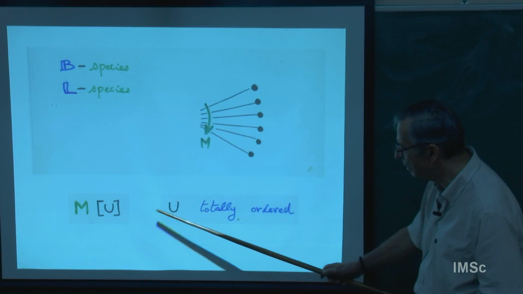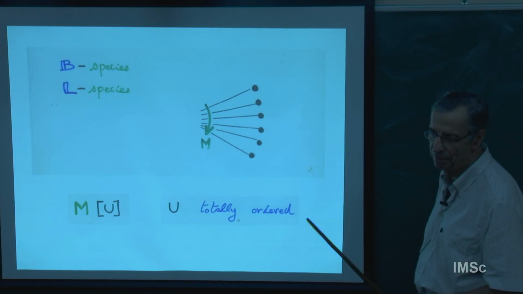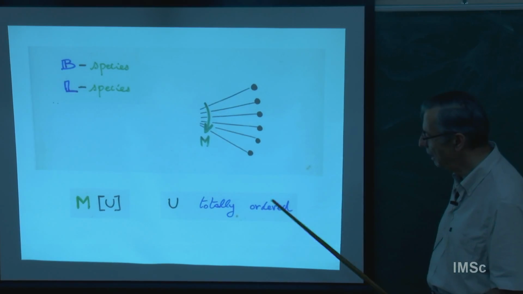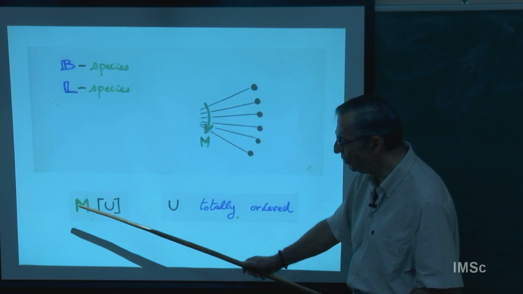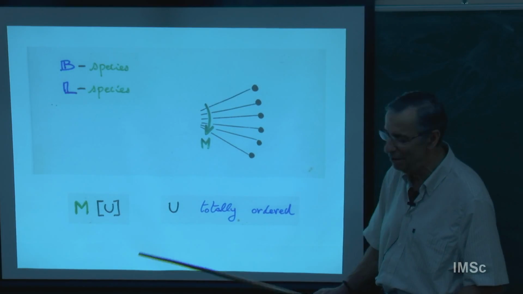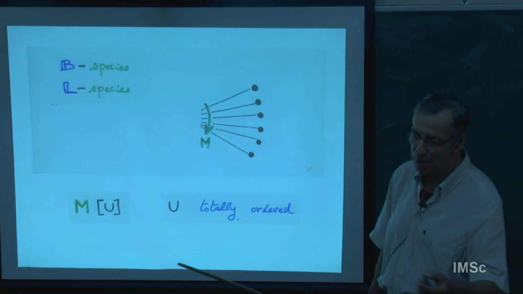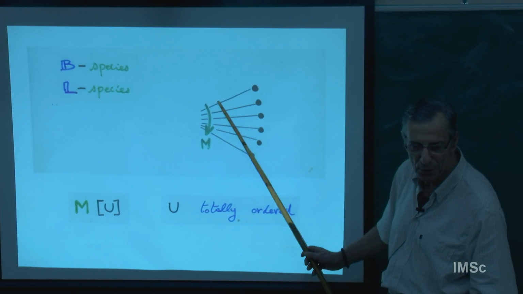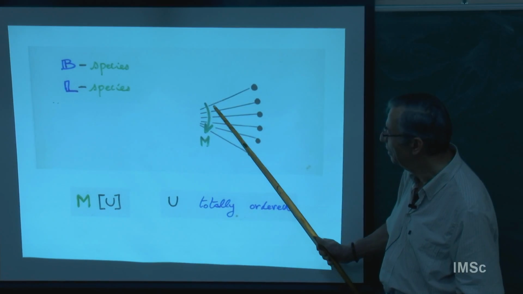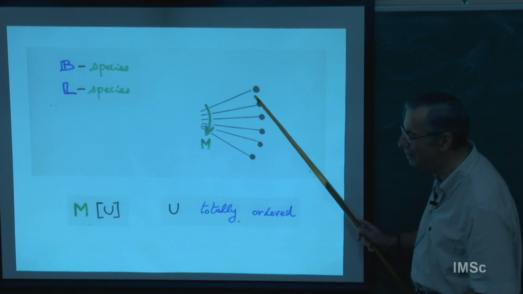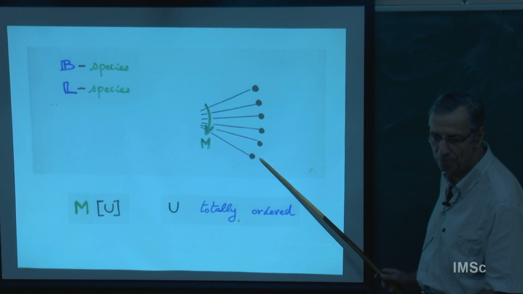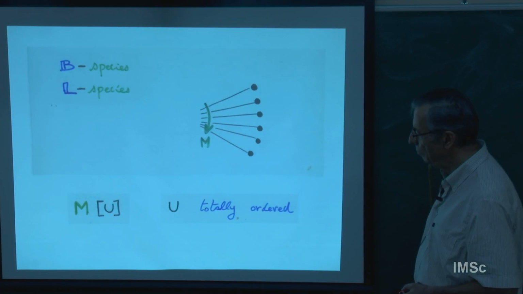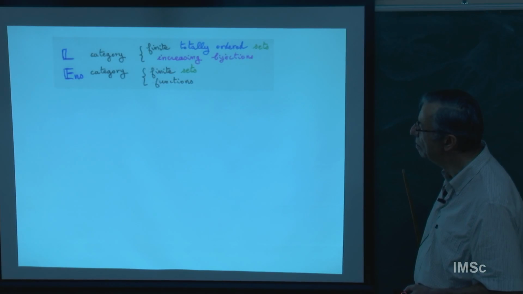So there is U. You take U, a total order set. Sometimes I need a total order to define some structure. I have a total order set, and M of U is a set, the same definition as for classical species, except I have a list of all possible structures when U is totally ordered. So this is a symbolic picture of an L species. You put an arrow here, meaning that this is the minimum element, and this is the maximum element. There is a total order on the elements of U.